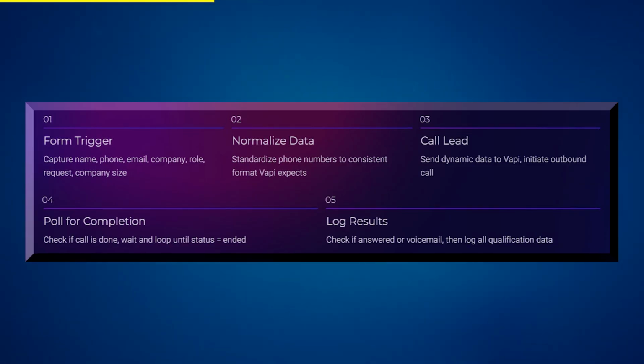You want to then call the lead, so you want to send dynamic data to VAPI and initiate the outbound call. You want to poll for completion, so check if your calls are done. Wait and loop until status ends. And then, of course, you want to log the results to check if answered or voicemail, then log all qualification. This mental model makes the technical implementation 10 times easier, and you always know which step you're building and why